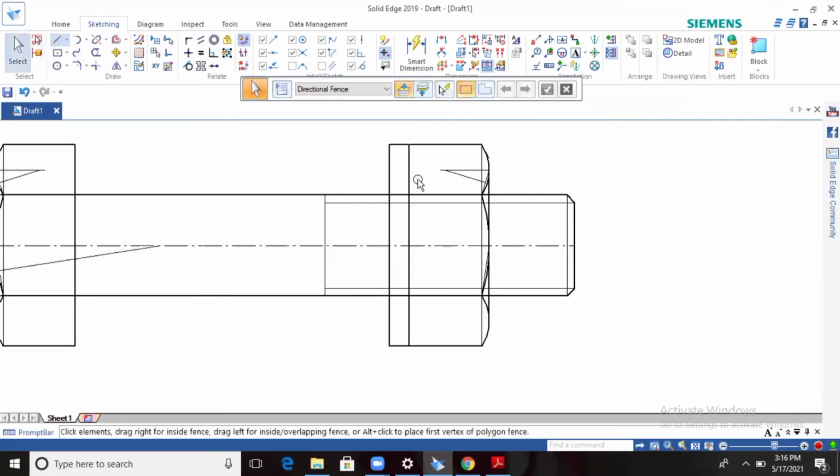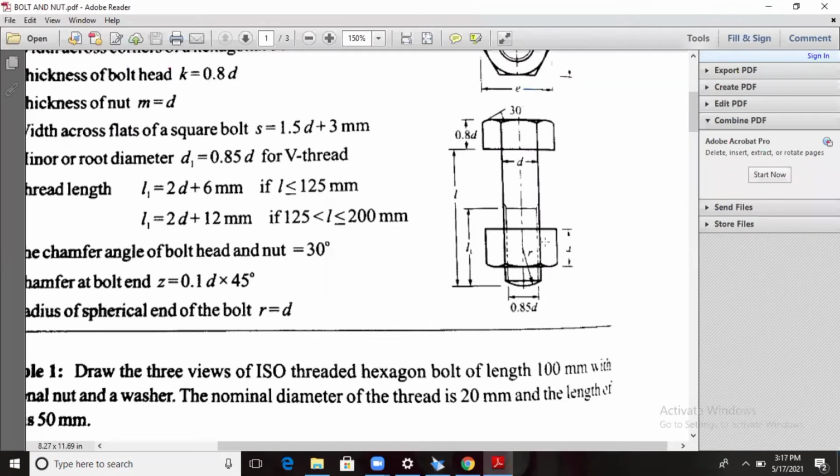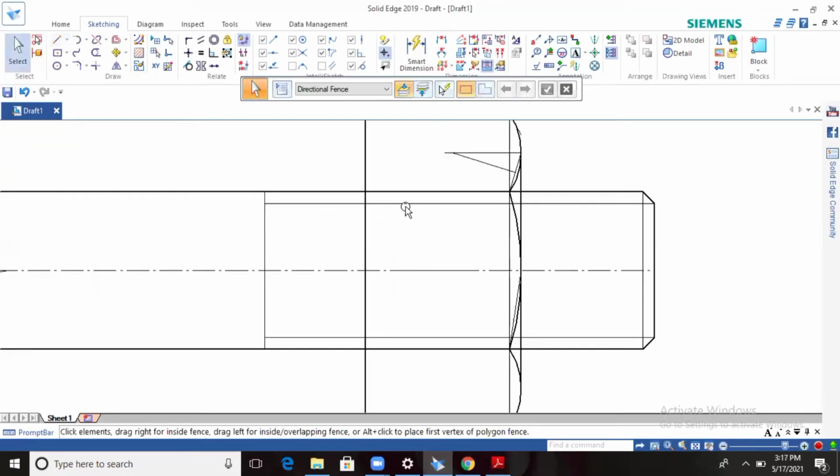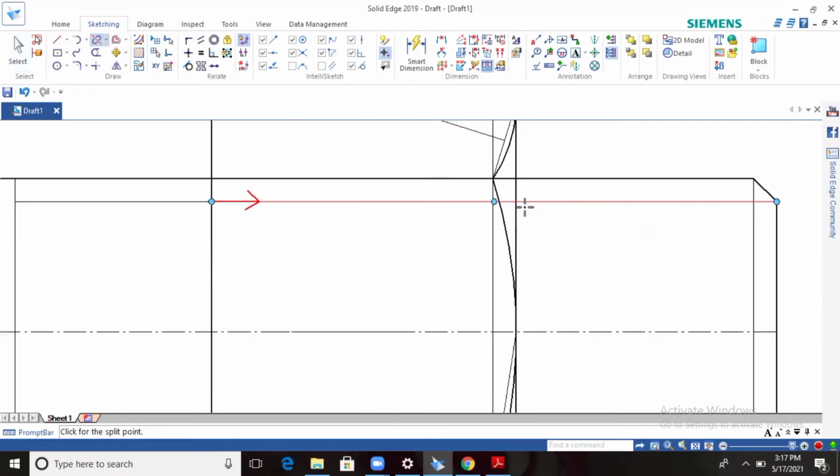Okay, so go for and select this line and delete. Okay, select this line and delete. Okay, so inside the bolt, you can look at this one. Inside the bolt, you have to make a dashed line of the thread, right? So you have to make it a dashed line. Okay, and you have to darken up to this line. It's already dark, only the remaining line. You have to split this one using the split command.